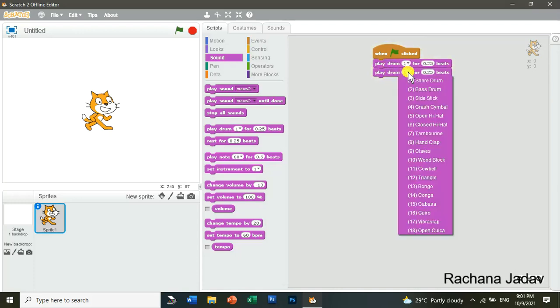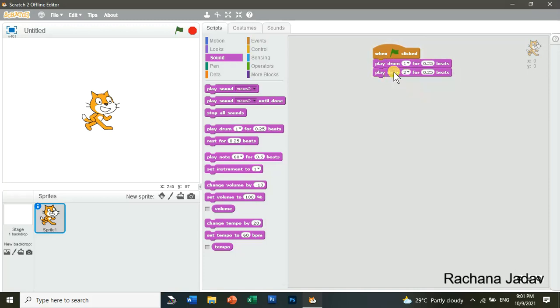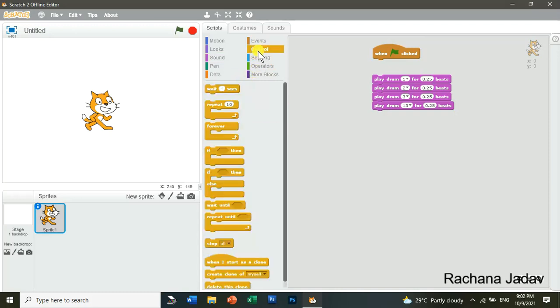Okay, so I will just go to the second. Then again I will make it a duplicate, and I will take the third one. So this way you can create your own music. आप अपना खुद का music यहाँ बना सकते हो. You can make it. Okay, just see. Okay, and if you want कि वो चलता रहे हर बार, तो आप क्या कर सकते हो, you can go to the controls, and that you will give it forever. आप यहाँ forever में उसे place करेंगे. Just I will show you. Okay, so this way the music will be played.